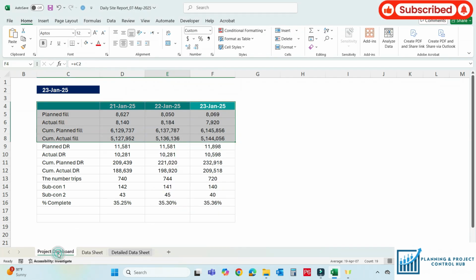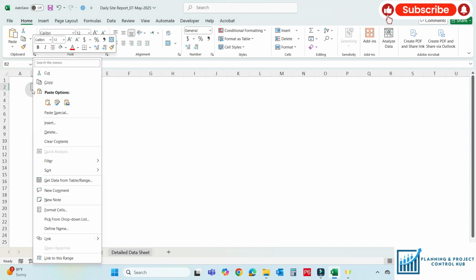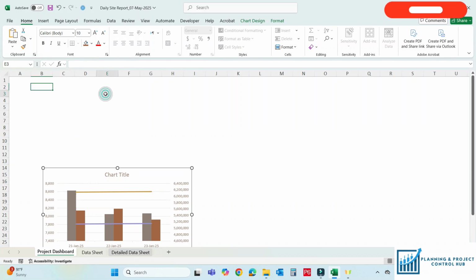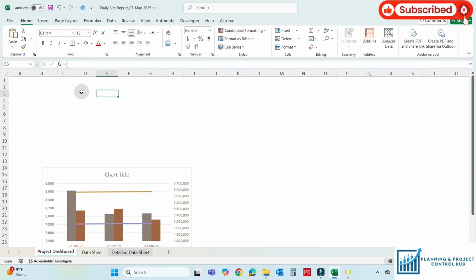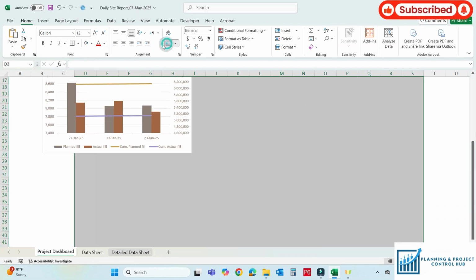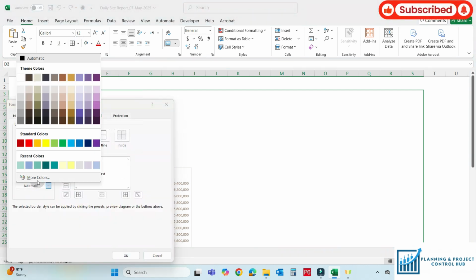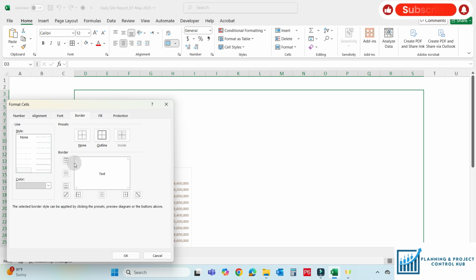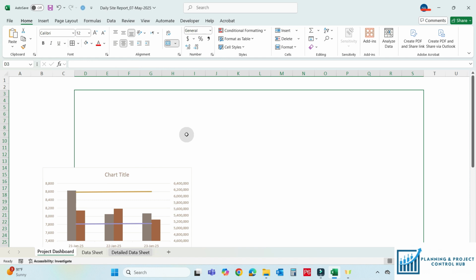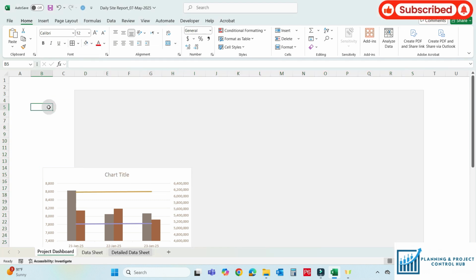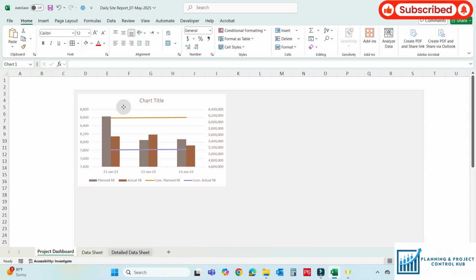cut from here, move here and paste it here. Let me make it chart area here for dashboard. Let's assume that area. I'm usually using this type of formatting. Okay, it should be this fill like this. Okay, so put the chart here